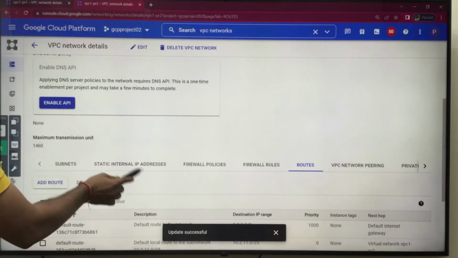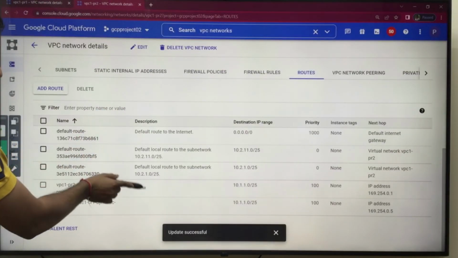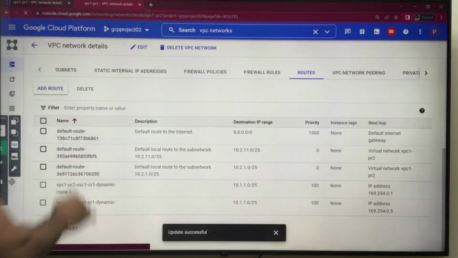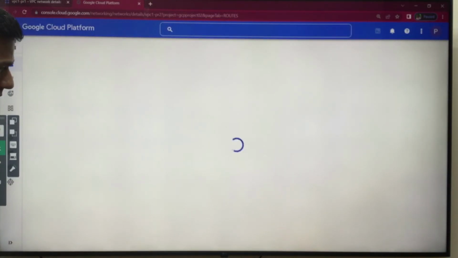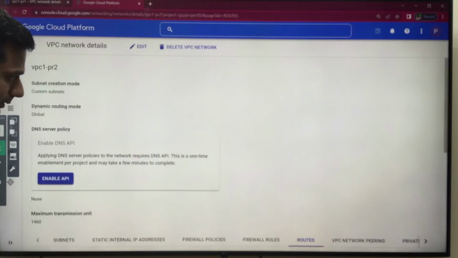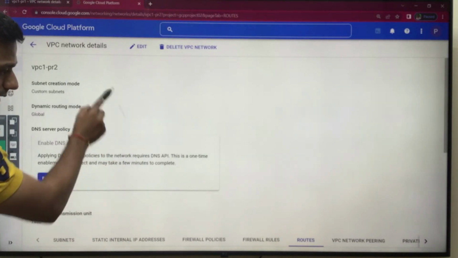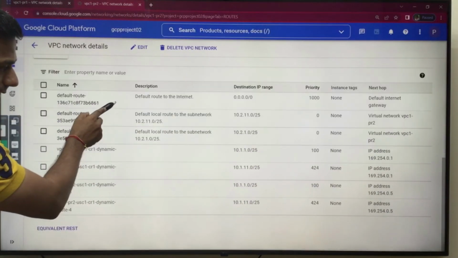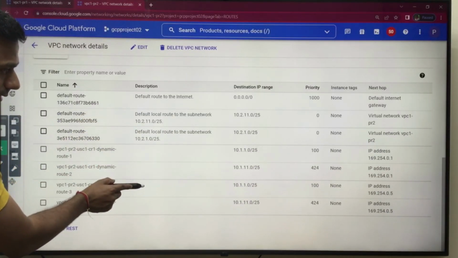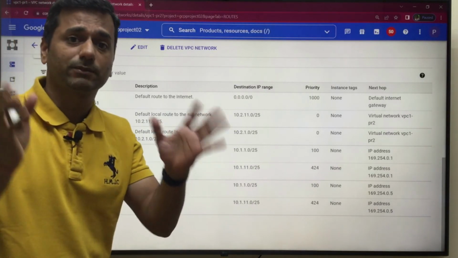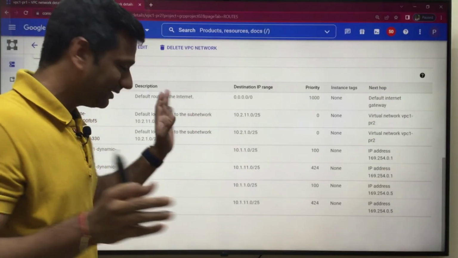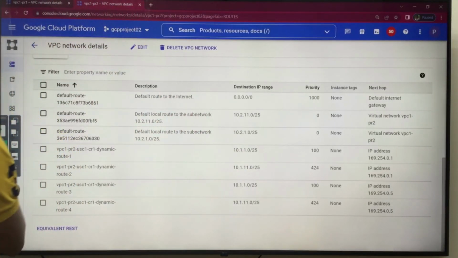Peer 2, refresh. I am not able to see routes from the Europe region, even though I have changed the routing mode. Wait, it's BGP. BGP is the slowest protocol in the world. Wait, see here you go.